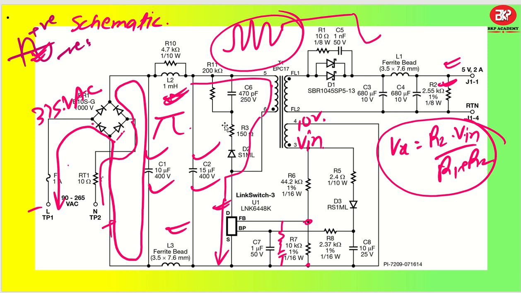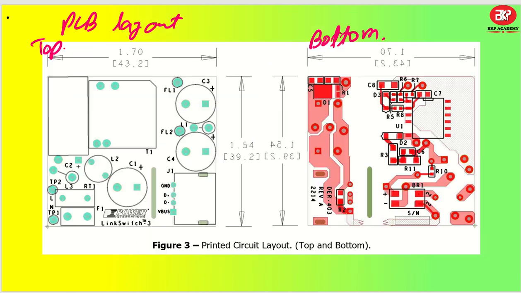Okay, now we have already seen almost all the components, their specifications and everything. Let us try to understand different parameters of the PCB layout. So for the PCB layout, you can see the size is just 1.7 inch by 1.5 inch around. So 1.7 by 1.5 is a very small PCB. With this you are going to design your power supply or power charger.